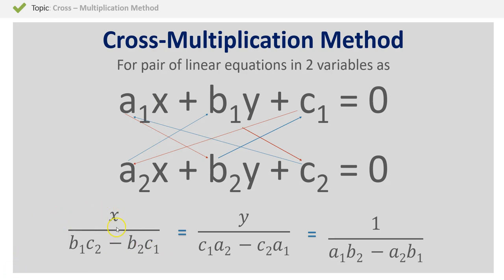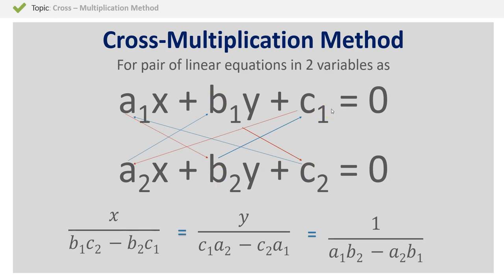Let's try to understand one more time what we did. When you take x, you are basically trying to find the value of x and y. So we'll write x, y, and for the constant term we'll write 1. Now I have to get what do I divide x with, y with and the constant term with, right? When you represent x, you can ignore the coefficient of x and just look into b and c, the coefficient of y and the constant term, and then you multiply b1 to c2 and subtract b2